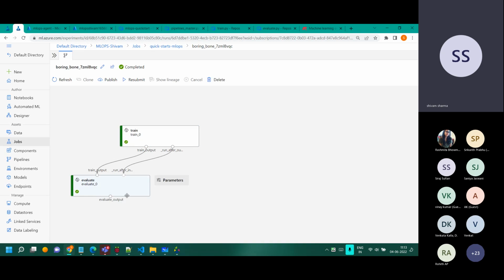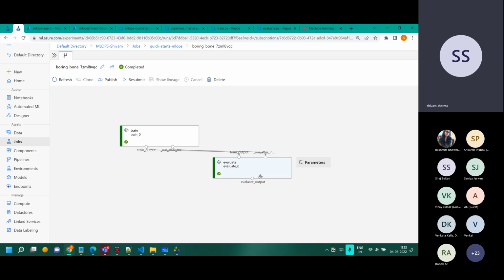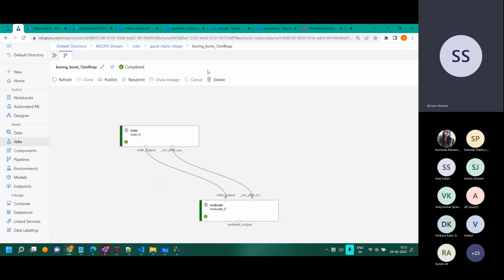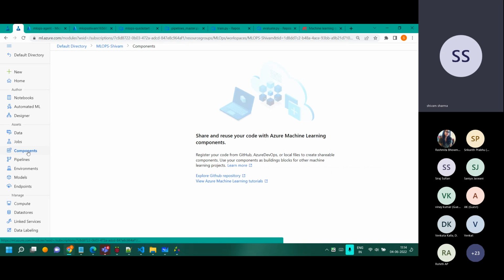So there are two steps right now in this pipeline, the training and the evaluation step, which we can actually save here in components, like individual code components, and those code components can be used. This I will leave up to you guys. You will be experts in this in a few months, or already are experts in this. So I'll leave it to you to configure in the code components.